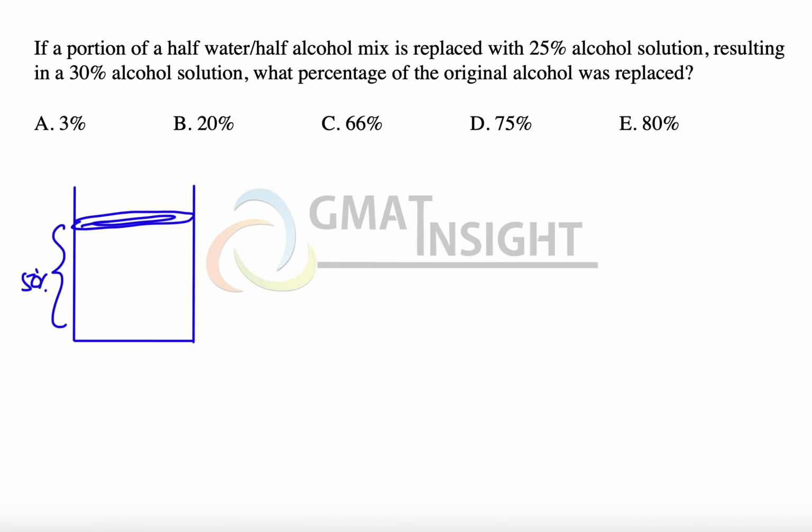Now some portion of it has been replaced with a 25% alcohol solution. So we are assuming that this is actually the replaced quantity, which is represented by variable A, that means B represents the leftover of the original solution. Now we need to understand that since A is the replaced solution, it is contributing 25% alcohol of its own quantity, while B, which is the leftover of the original 50% alcohol solution, is contributing 50% of its own quantity,